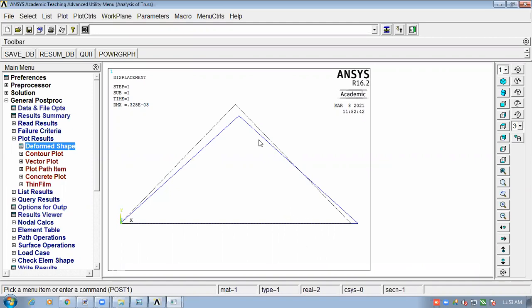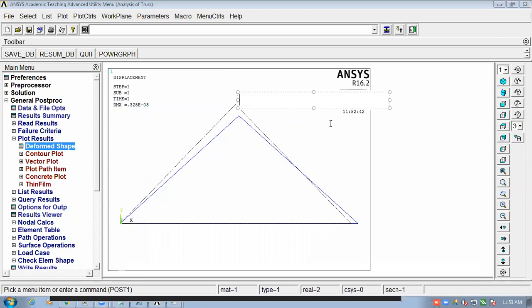If you can see clearly, what happens with node 2 is, can you see this node 2? Node 2 was initially here. Let me annotate it. See here, node 2 was initially here.